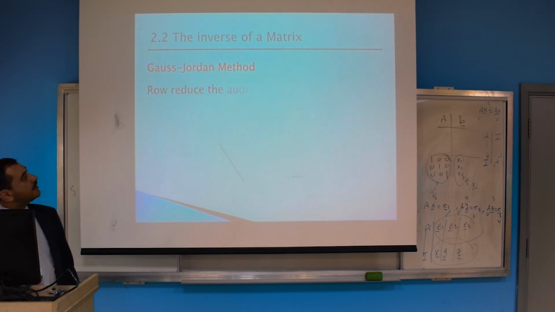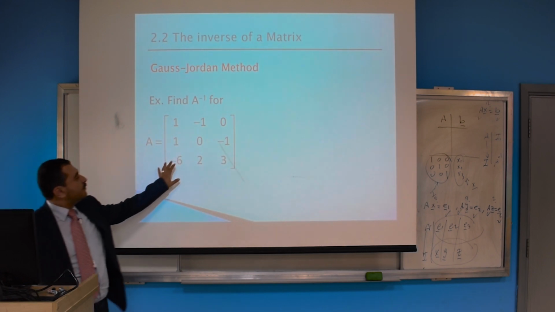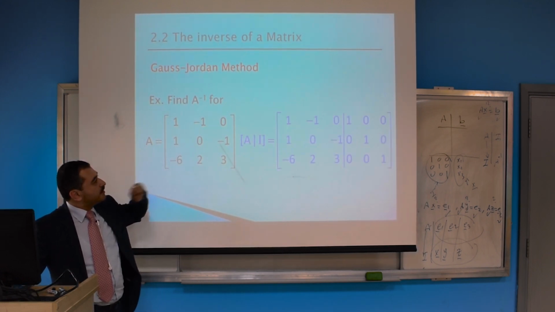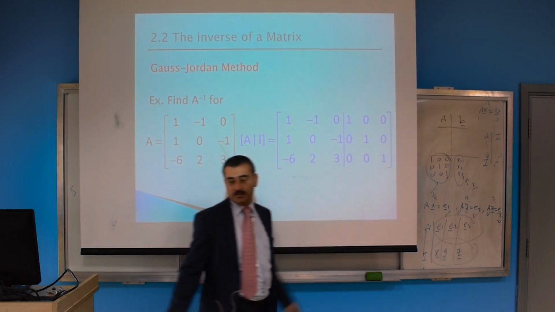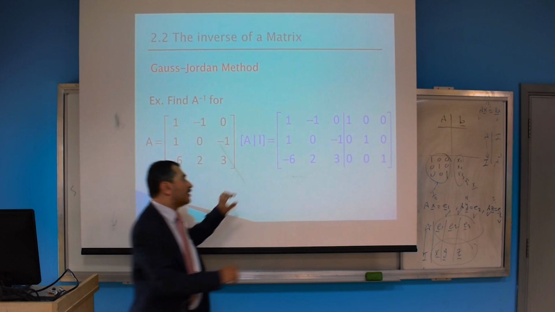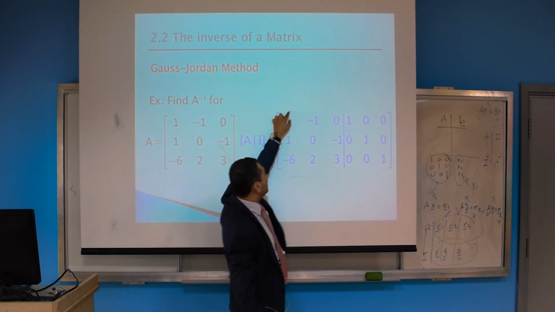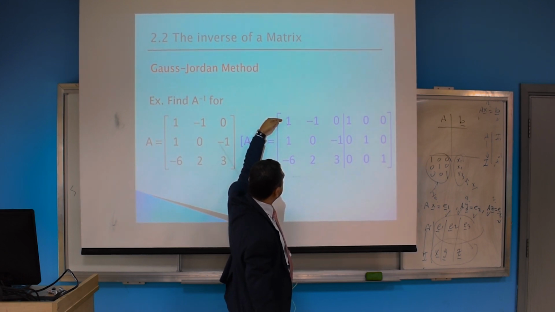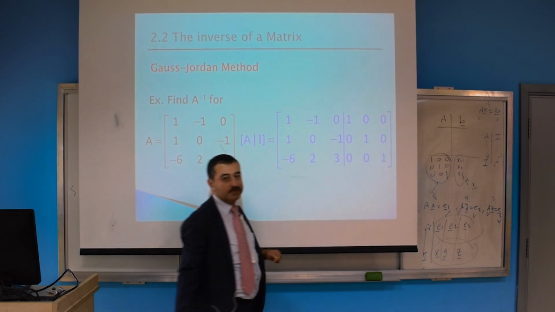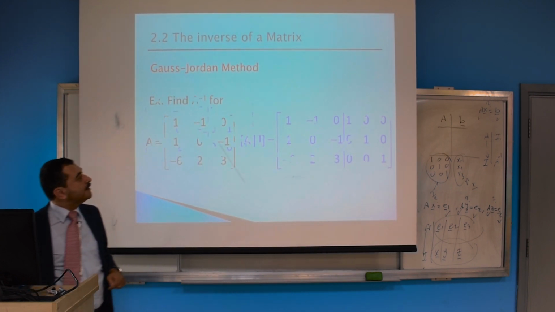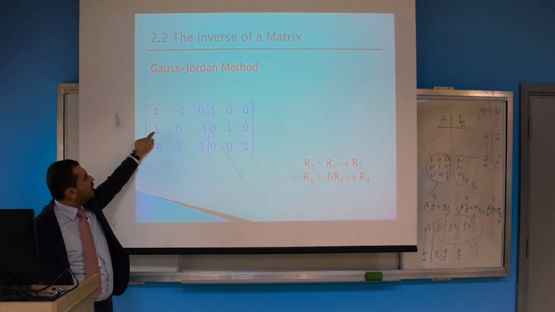So let's see an example. I give you this matrix and I want to find the inverse. So I start with this, A augmented with I of the same dimension, and apply Gauss-Jordan and use this as your whole row. Take, for example, this guy as a pivot, multiply it by -1, all the entries, and sum up with the second row. Okay? So this guy, the pivot, do this row operation to eliminate these guys.